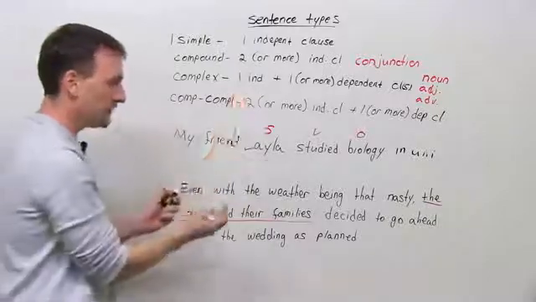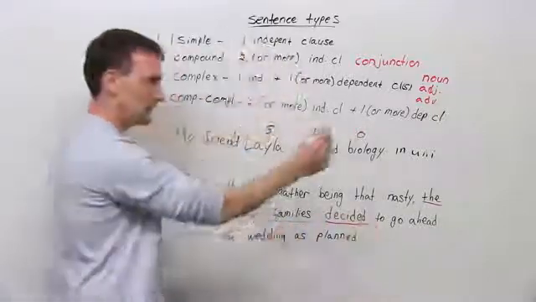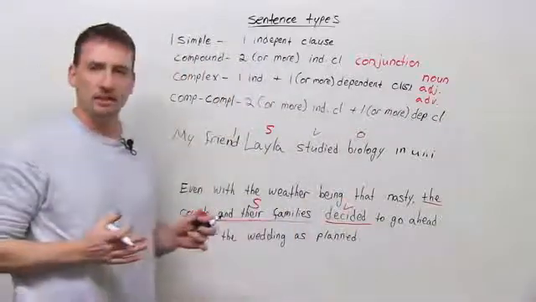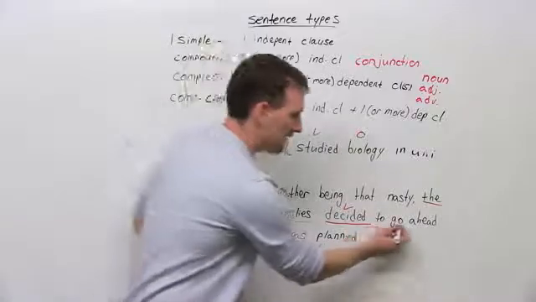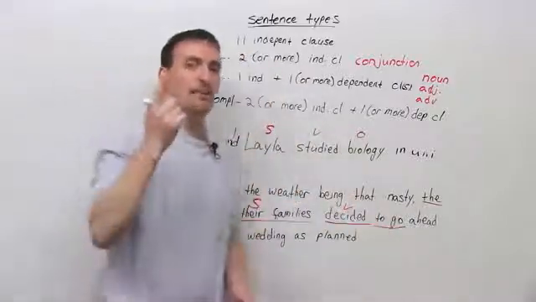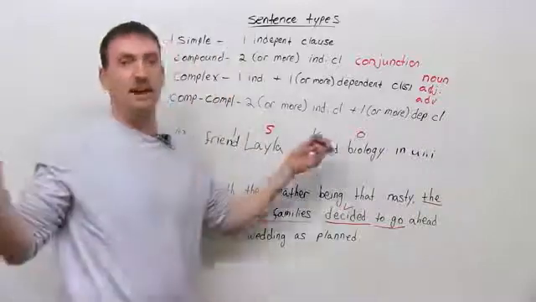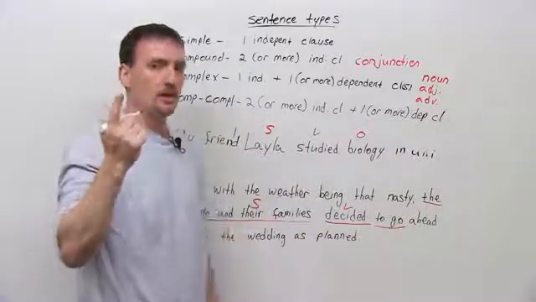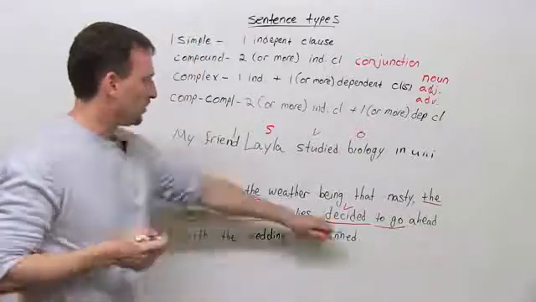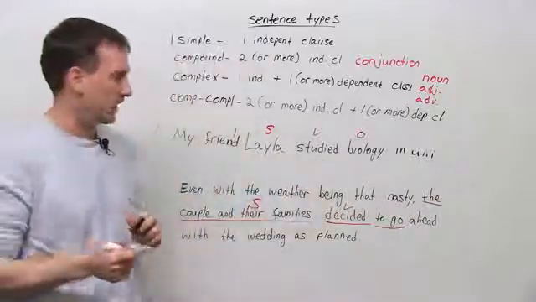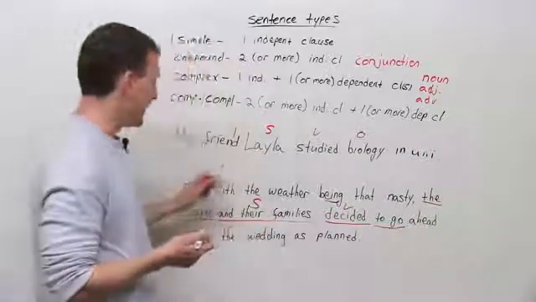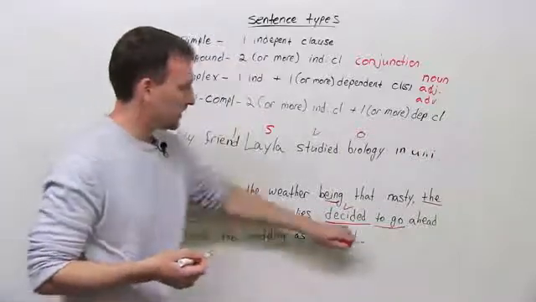So one subject, decided. Subject, verb. Do I have any other subjects and verbs? Do I have any other verbs? I have this verb, but this is an infinitive verb, right? A clause only has one tense verb. You can have 10 verbs in a sentence, but only one will be the tense verb in the independent clause. And what goes with this? Nothing. Okay, oh, here's another verb, but it's not really a verb. It's a participle, okay? So now, here's my subject, here's my verb,